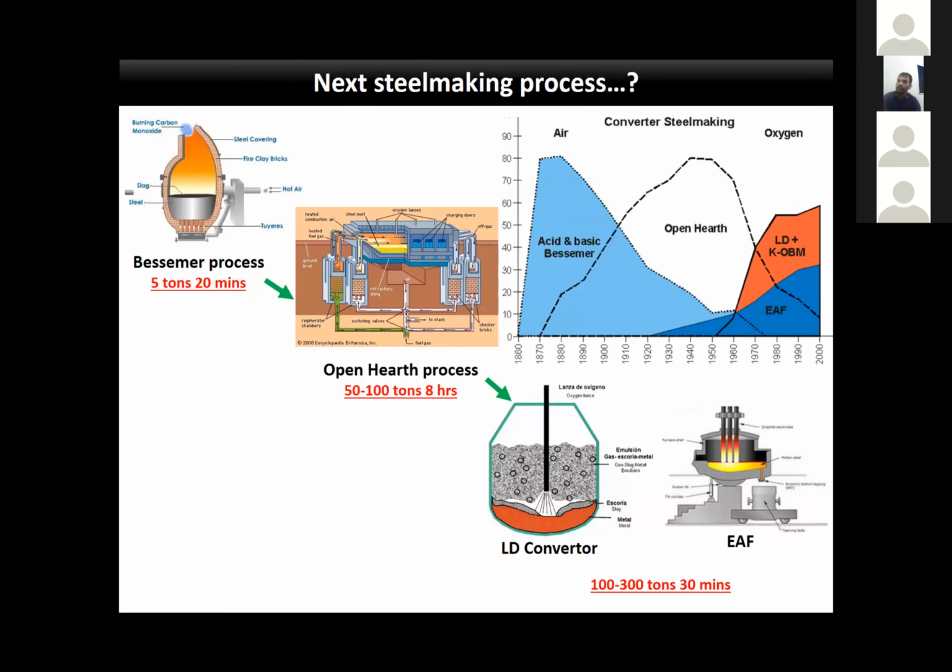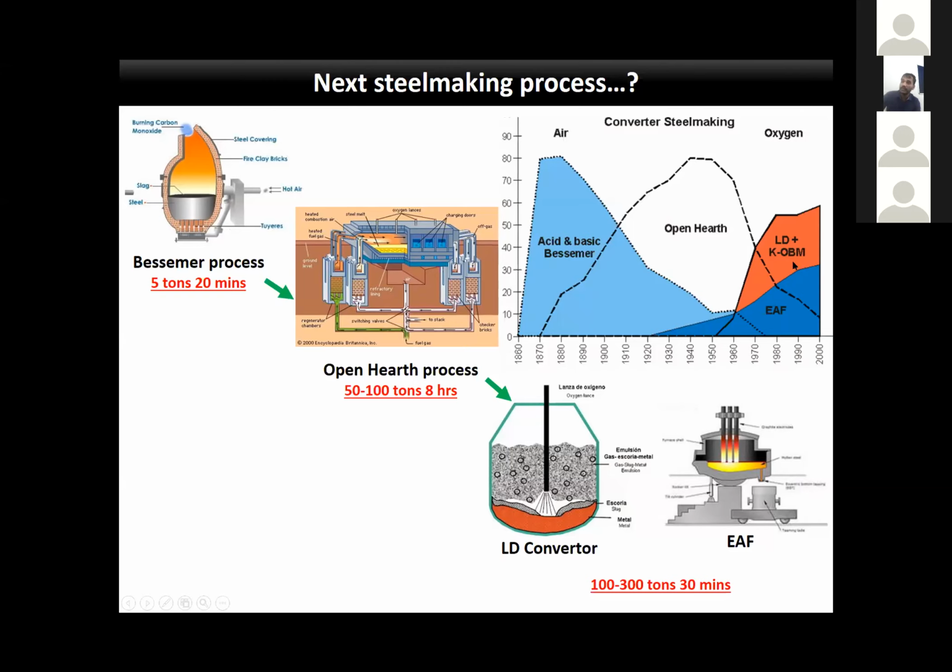And if you see how the processes are evolving and how they are declining, you can see the Bessemer process when it started rising, the overall production capacity of the Bessemer, when it reached the peak, at that time there is another process which actually started. When the open hearth reached its peak, another process, the BOF process, took place. And now you can see this BOF and the EAF are together reaching a peak.